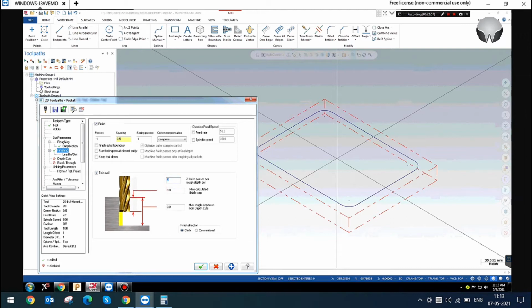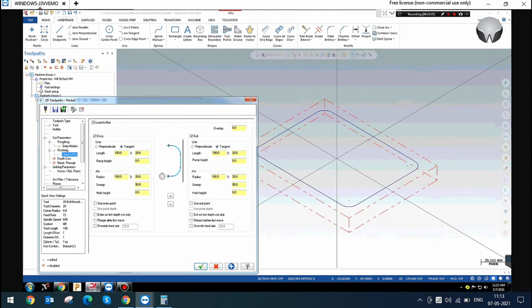Next, if you have a thin bar, you can give the finish pass depth. You can give the number of passes. If your total depth is 10 mm, the finish pass will go every 3 mm. Yeah, this is depth of cut, brother. Rough depth of cut. So every 3 mm it will go. Okay, this is the thin wall option. I will give the best example.